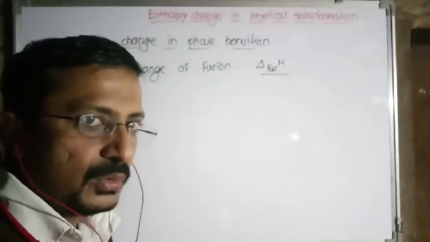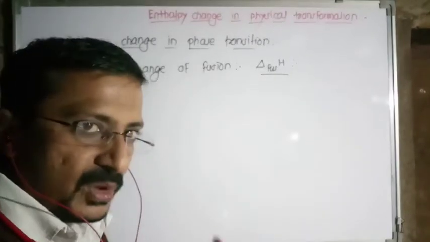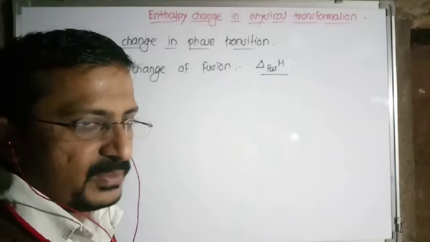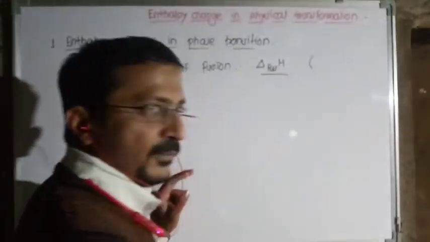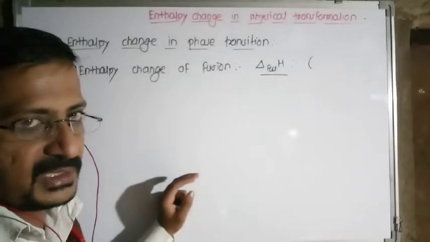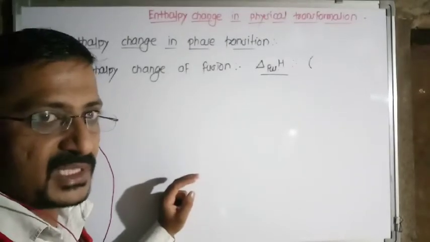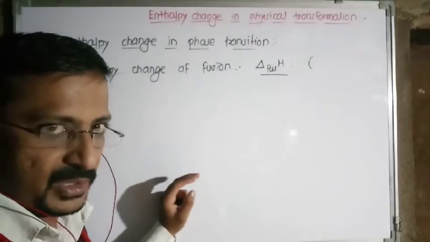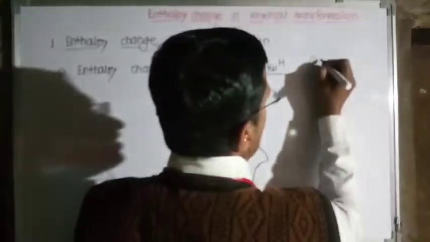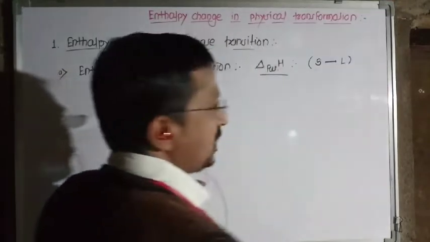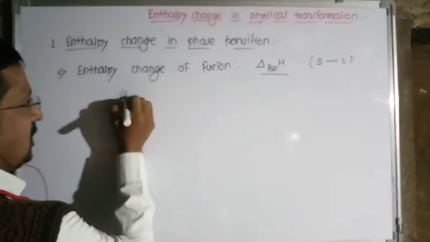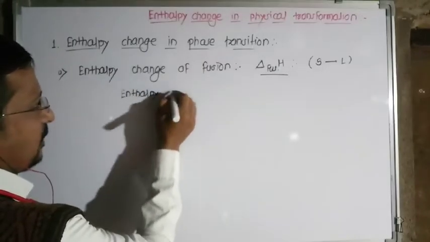First, in this process, which physical state is converted into which, whether solid to liquid, liquid to gas, or others? Fusion means the solid fuses or melts, so solid is converted into liquid state. As solid is converted to liquid, there is an enthalpy change accompanying the process. The enthalpy of fusion is defined as nothing but the enthalpy change